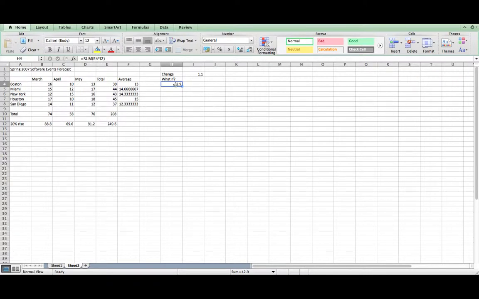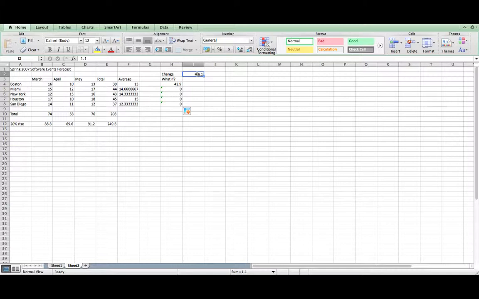So right now that is a relative cell reference. If we were to copy this down, we would get zeros. And the reason we get zeros is because it's looking for relative cells. So as we go down, it's thinking automatically, okay, we're going to multiply by the next cell, which would be I3, and then the next one, which would be I4, I5, I6. And there's nothing in those, so it's going to come back as 0. So we need to make I2